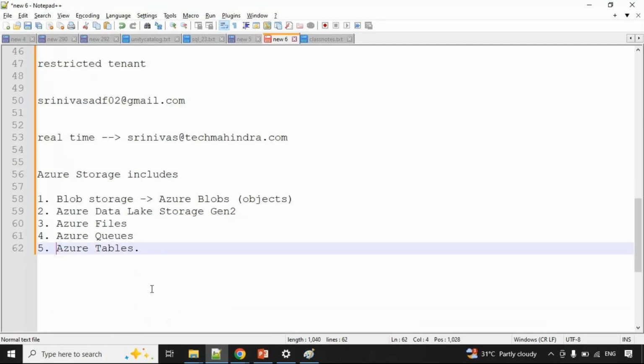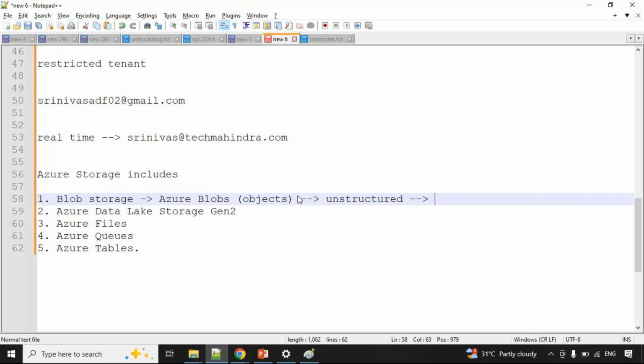Okay, guys, this blob storage is mainly for unstructured data: audio files, video files, images, photos, everything we can store here. Blob means binary large objects. And here, ADLS Gen 2.